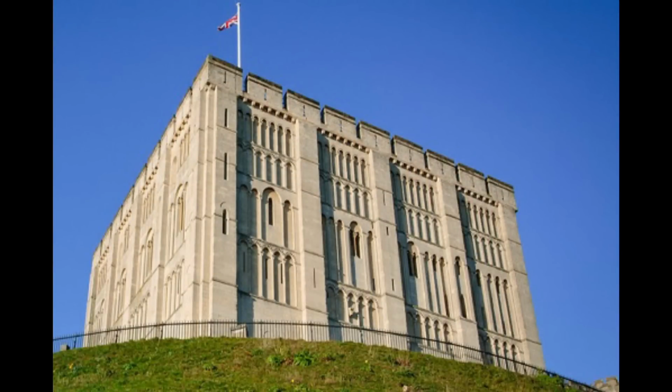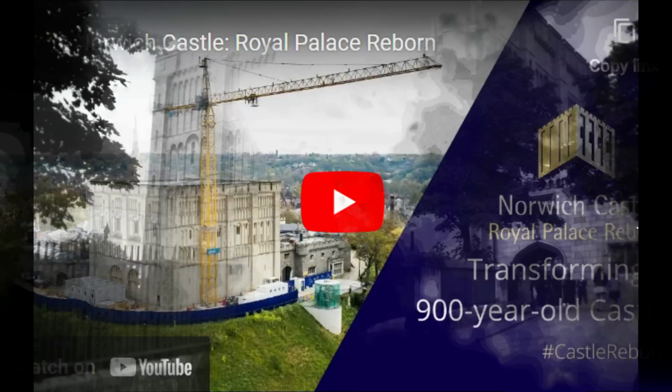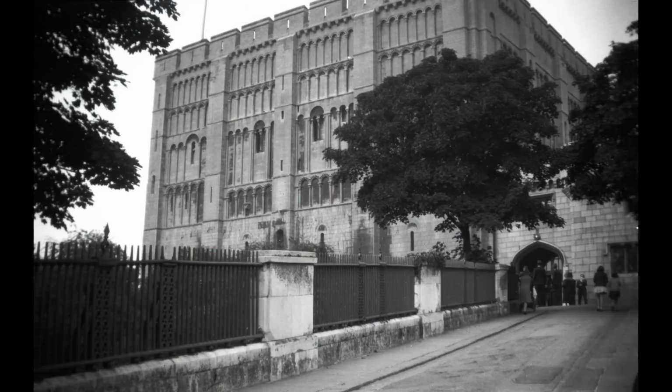It's Norwich Castle, constructed from 1067 onwards, used as a prison for nearly 700 years and now used as a museum. The crane had been in place as part of a project named the Royal Palace Reborn, reinstating the floors and room layout of the medieval period. The project is due for completion shortly, so it seems entirely appropriate for Norwich Castle to be the number 1